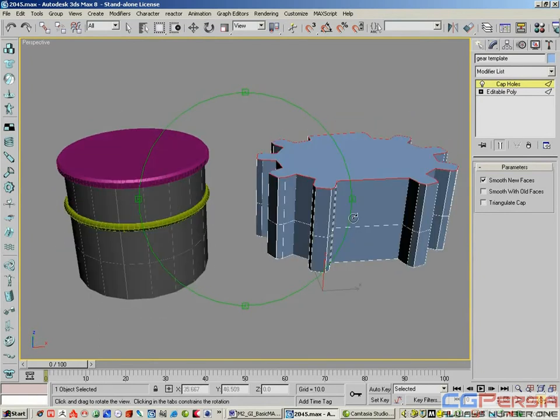So lots of things you can do with the edges. You're going to need to get used to using the edges as much as polygons. We've really been focusing on polygons up to this point, and when you get into the characters, you're going to have to do